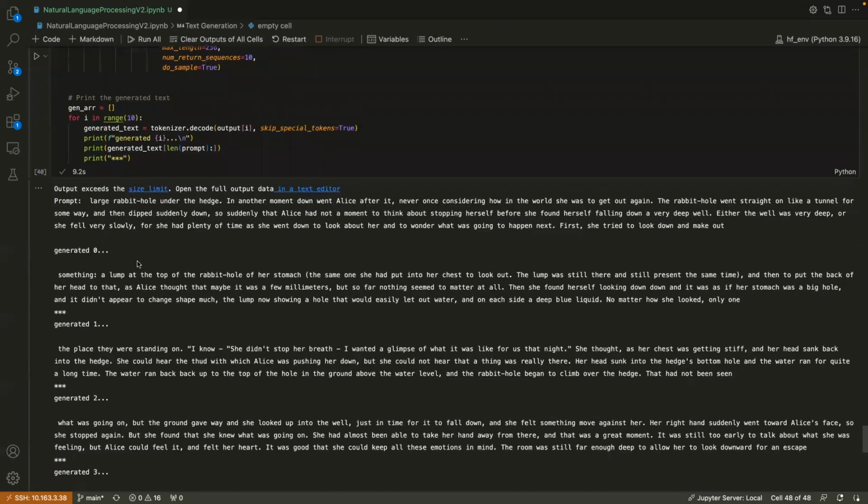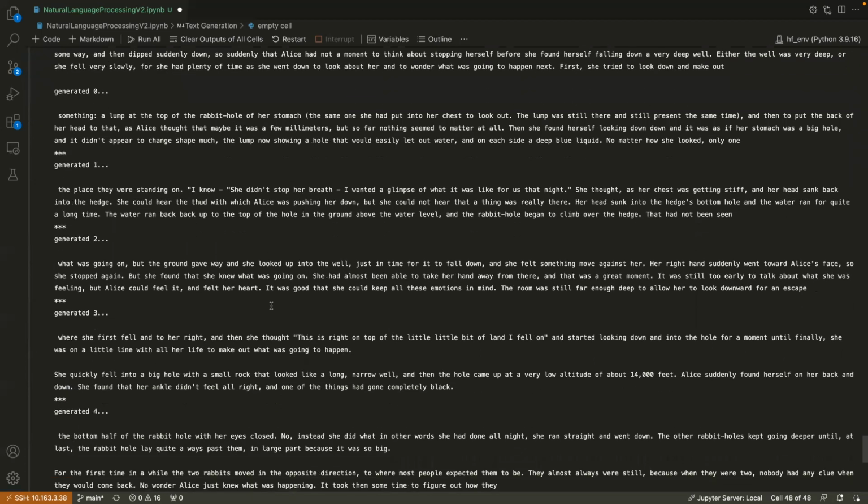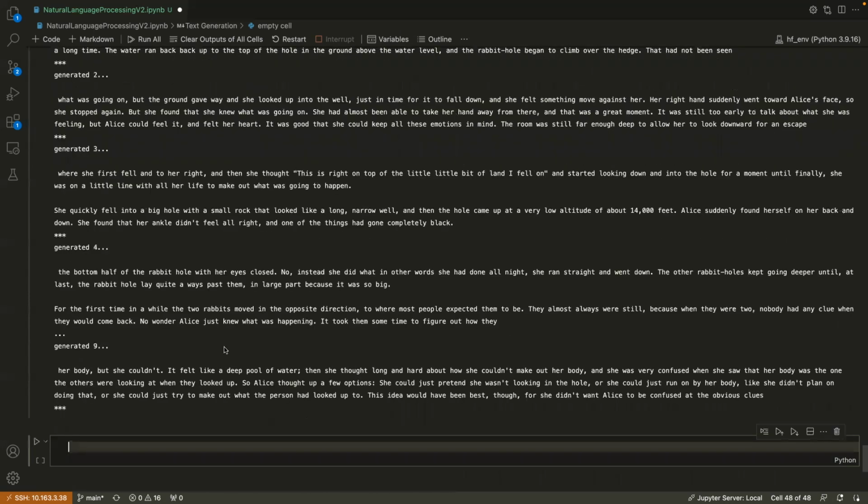Okay, so what do we get with this? Generated 0. The prompt is this. How did it end? First, she tried to look down and make out something, a lump at the top of the rabbit hole of her stomach. Interesting. The place where they were standing on, I don't know. So here is a bunch of times it tries to read the prompt and continue it in context, which, because this is a couple generations before, makes sense. Generation 4: the bottom half of the rabbit hole with her eyes closed. She tries to make out